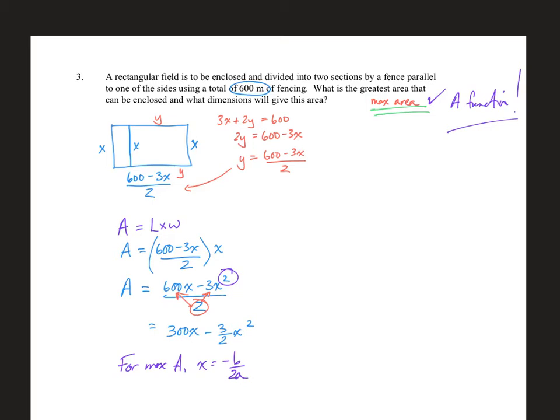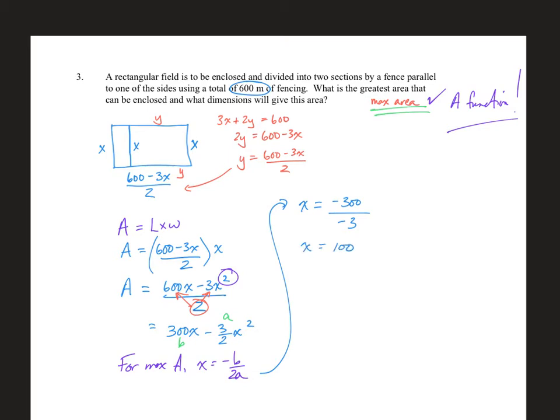Now, I don't think we should get to the point where we have to rearrange that. We should be good that in the relationship negative b over 2a, our b value is the coefficient of your x, and our a value is the coefficient of your squared term. So I can then go through and say, well, then my x has to equal negative 300 over, and maybe we're pretty quick to just say negative 3. I've got 2 times negative 3 halves. My 2's will divide out. We come in there. We're then able to reduce that, and we can get all the way down to an